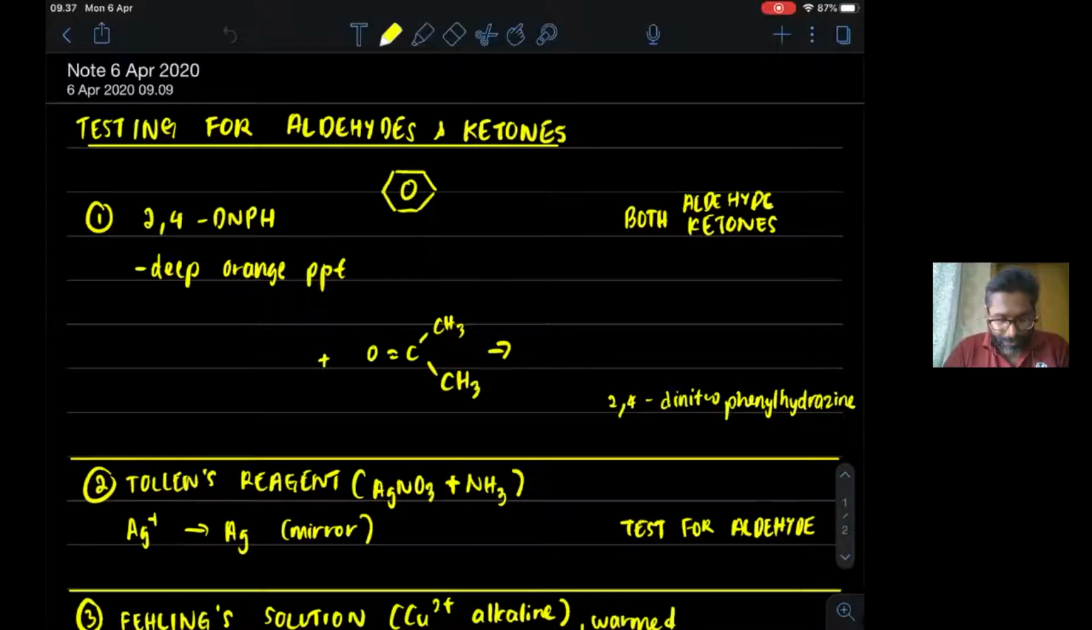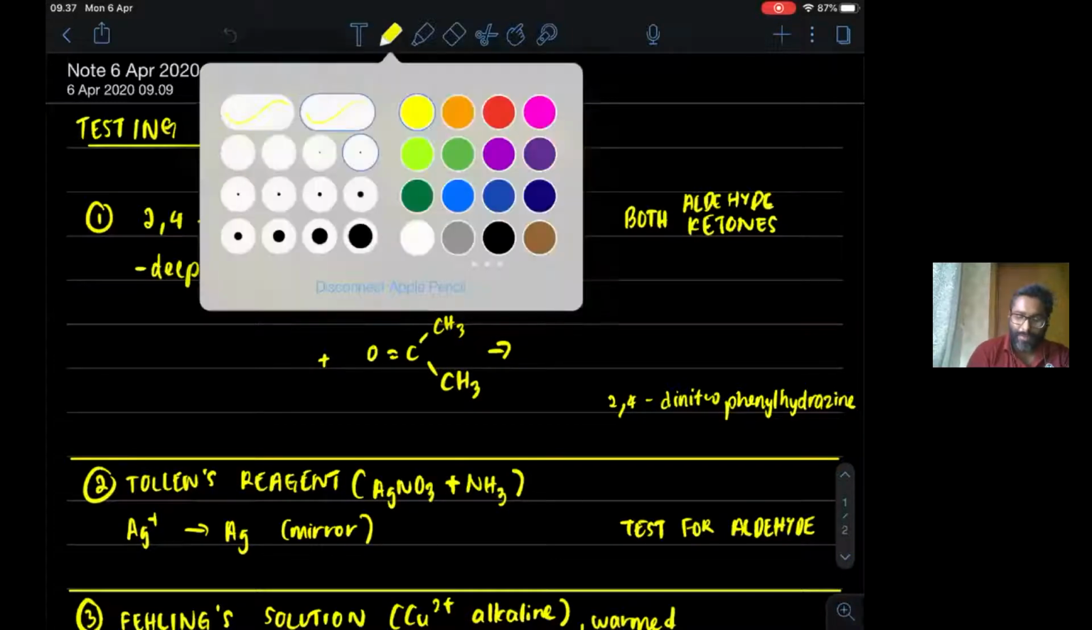Good morning, everyone. Today we will learn about testing for aldehyde and ketone. We have learned about four tests involving testing for aldehyde and ketone. The first one is going to be